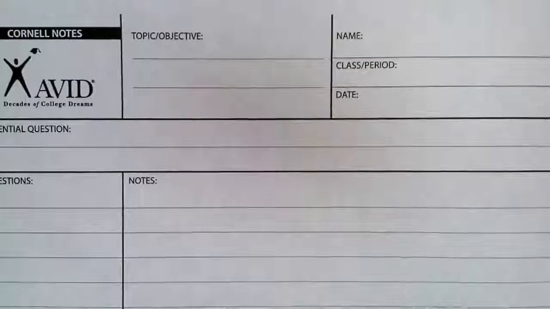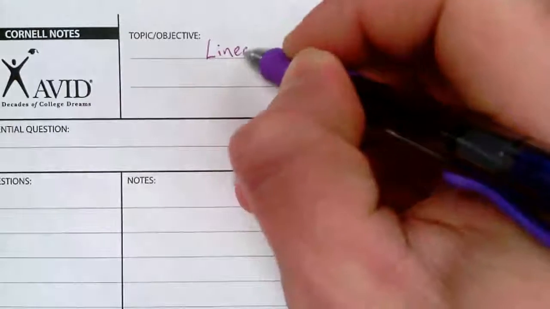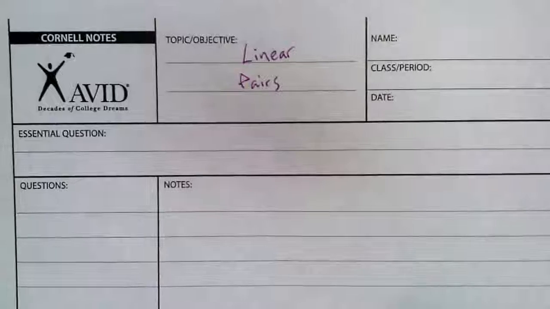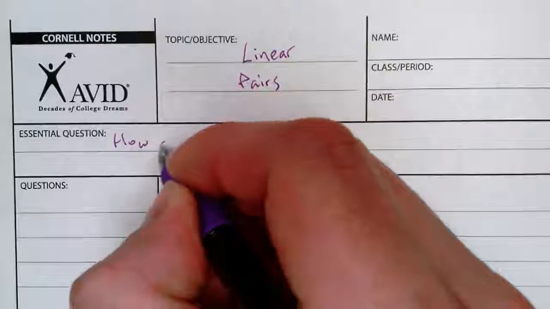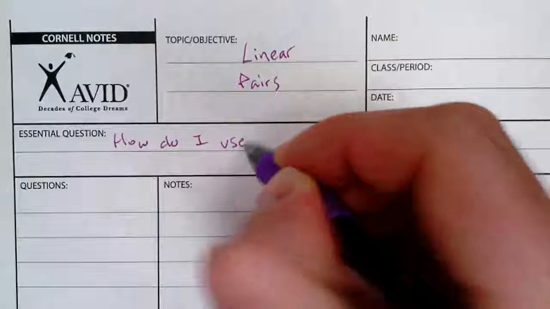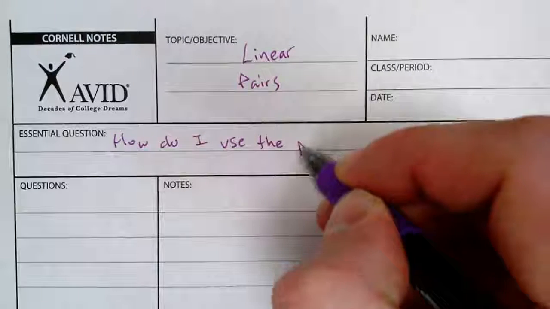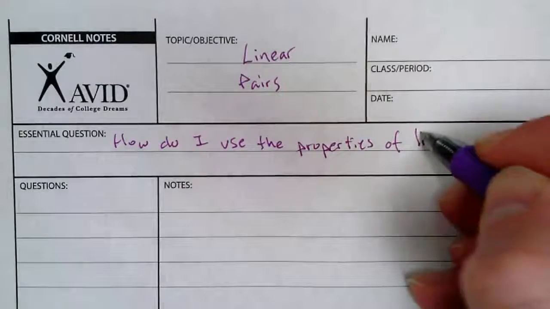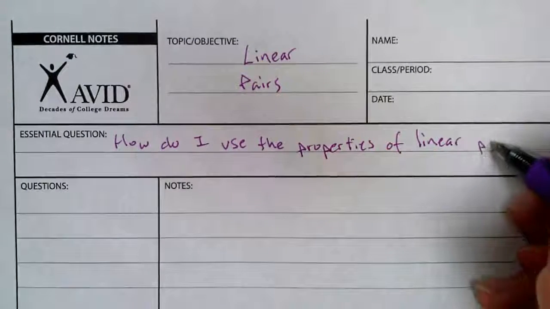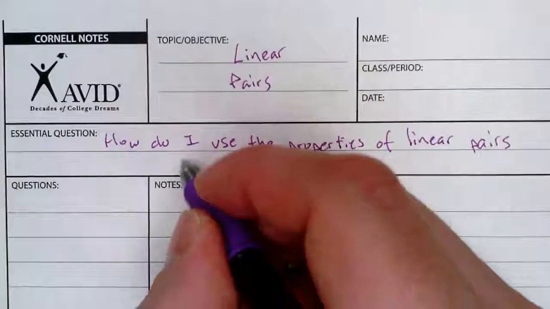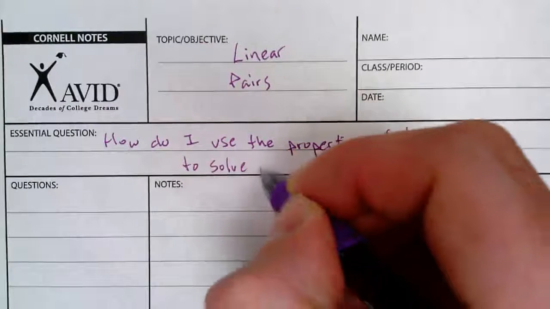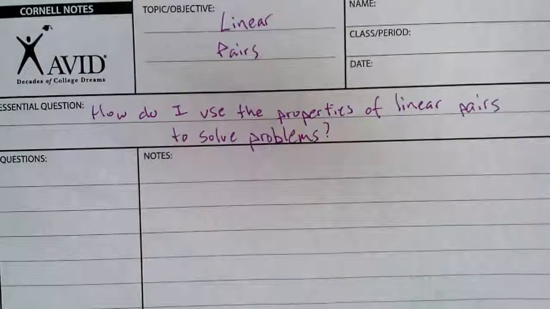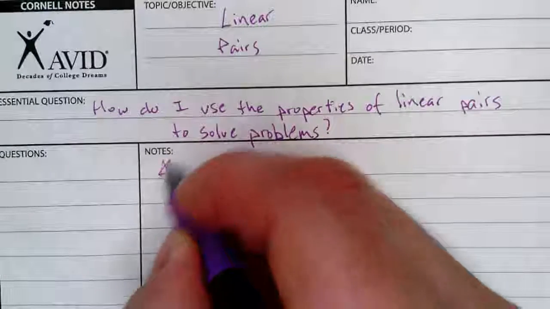All right, this set of notes is going to be about linear pairs. And our essential question is going to be, how do I use the properties of linear pairs to solve problems? And our property of linear pairs, the little star here, is